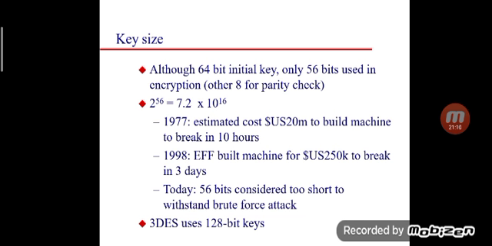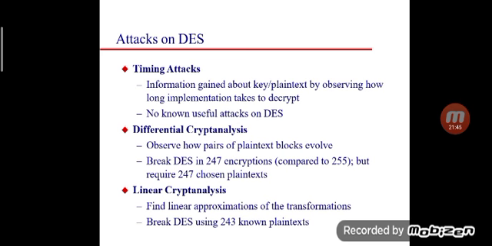Nowadays we also use triple DES. Triple DES can use 128-bit keys. If we consider the key size, it is 2 raised to 128. That much large key size can be used in triple DES. That's why the DES algorithm is widely used in the world. It is a more secured algorithm, so that's why it is used worldwide.